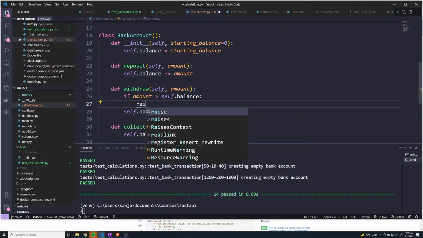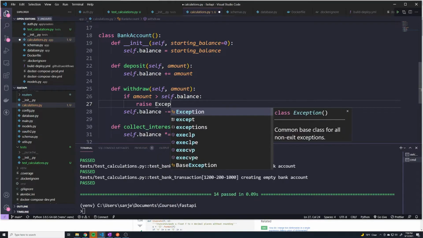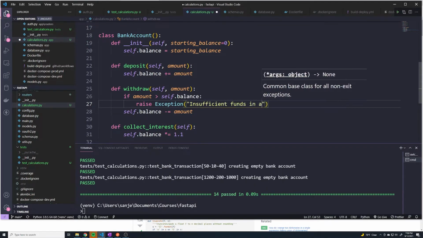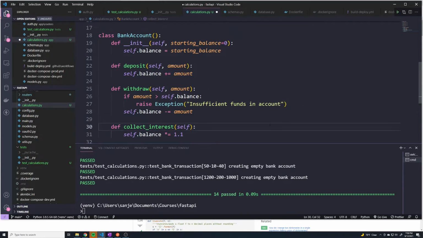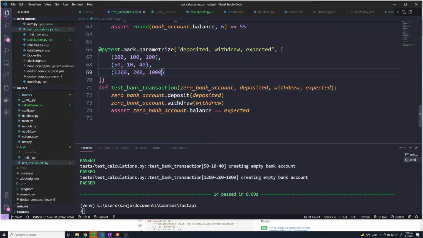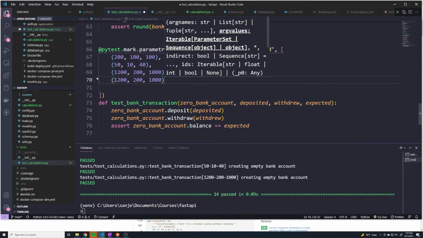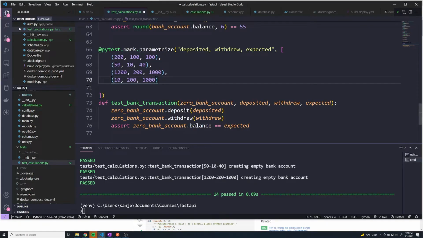So I'll say raise, and we're just going to raise a standard Python exception. We'll just say, hey, insufficient funds in account. However, if we do have enough money, then we will actually perform that operation. So this is all good. If we go to our test calculations, we just add one more scenario in this case, but this time we deposit, let's say, only $10, and we try to withdraw